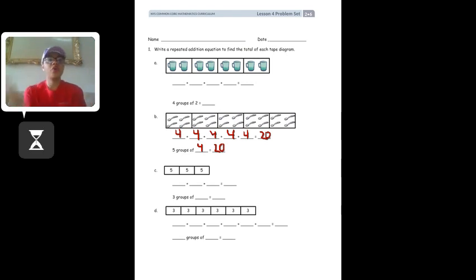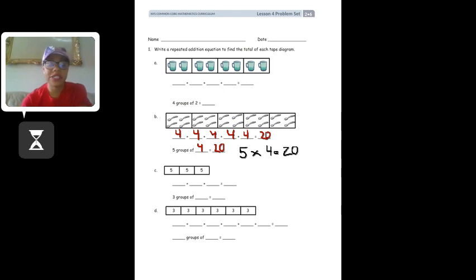And like I said, knowing that we have 5 groups of 4 equals 20, eventually we'll be able to see that 5 groups of 4 equals 20 is the same thing in 3rd grade. You'll learn that 5 times 4 equals 20. Okay? So we won't learn that this year in second grade, but it's just preparing you so you'll be ready when it's time to learn those multiplication facts next year. All right? So now let's go on